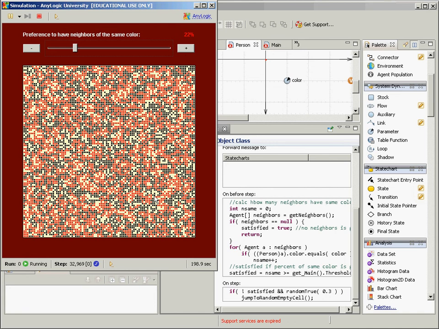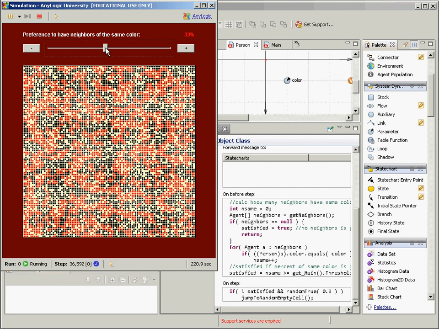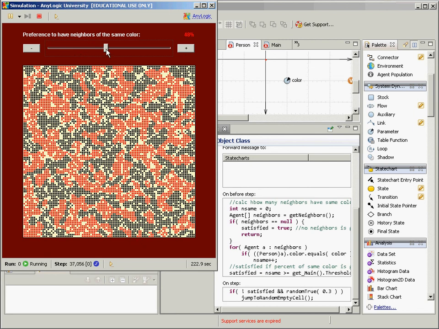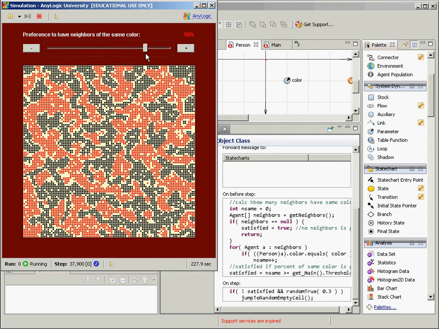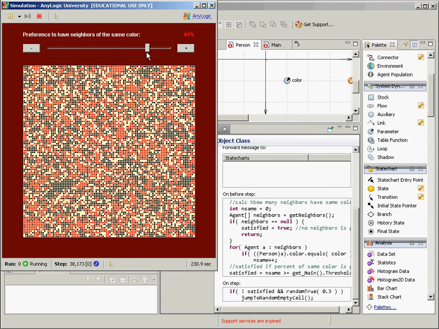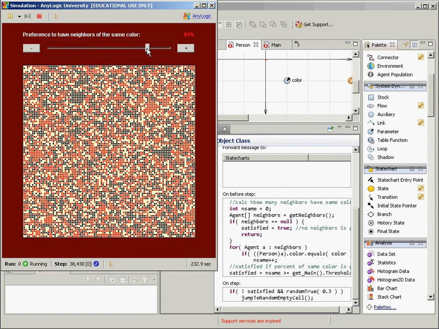You even see some of it with this sort of situation. If people are very likely to move, if fewer than 20% of the people around them are the same color, you could still see some kind of grouping. It's not totally random, but the larger it is, the more striking the patterns. And again, at even low 50s, it can be quite large patterns of segregation. And at some point, they have a hard time finding any satisfaction.